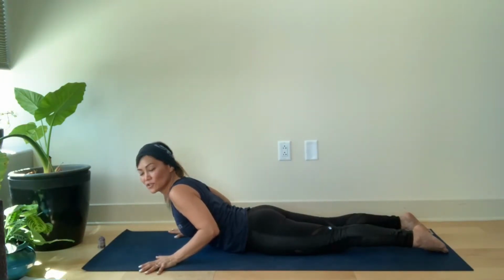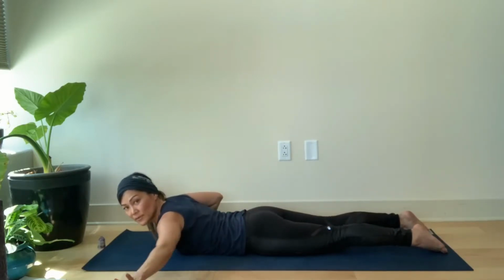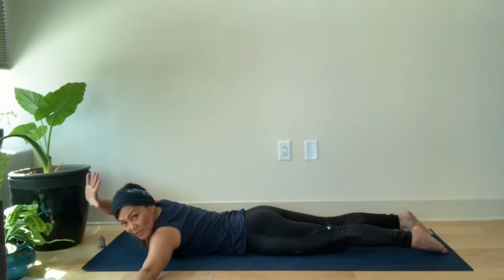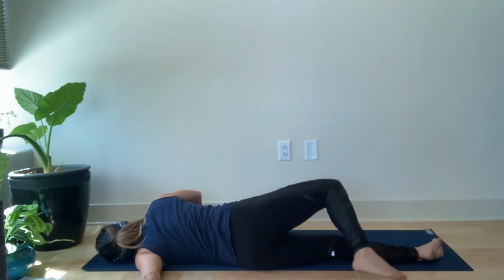And then let's do a shoulder stretch. So we're going to stretch our left shoulder first, and we're going to take our left arm out to the side, and we're going to roll onto our left side. The right hand, the palm is going to face down, kind of by your face. So I'm going to just roll over,